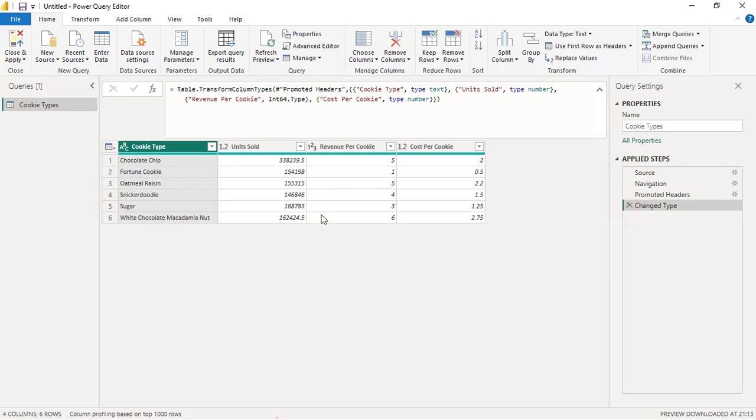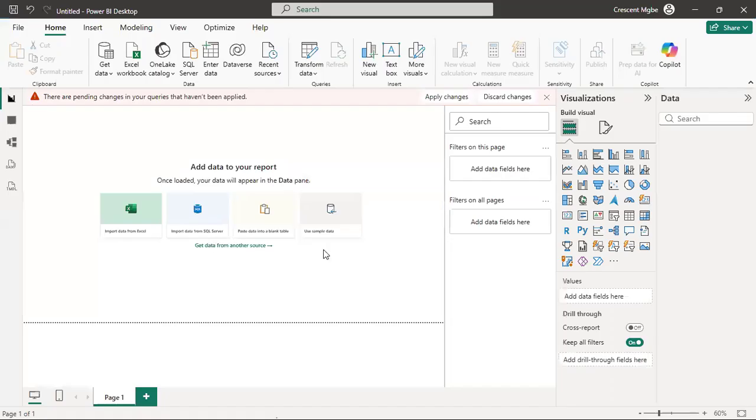So now I want to move it to Power BI. Maybe I finish my cleaning and then I'm okay with it. Then I'm going to push it into Power BI. To do that, I'm going to come here that says close and apply. If you open the options, you're going to see three options. If you close, it's going to close. You can see